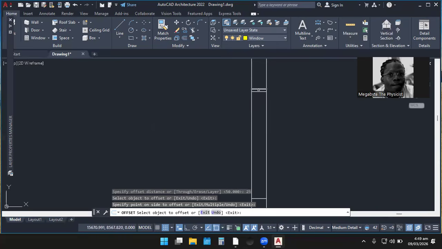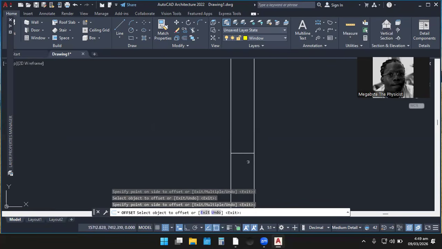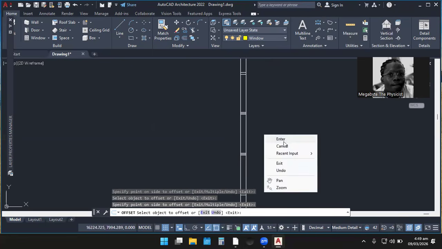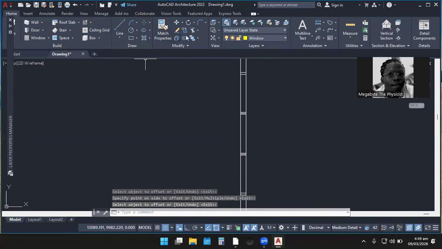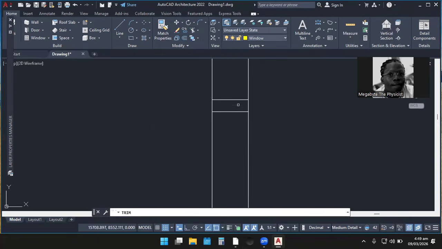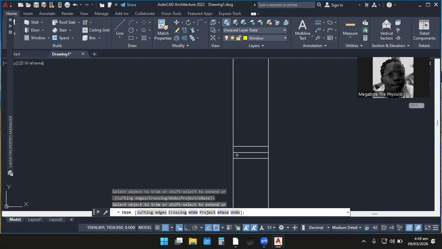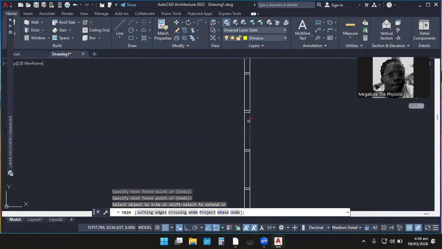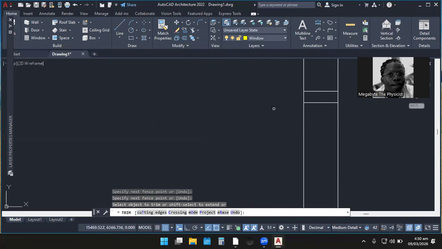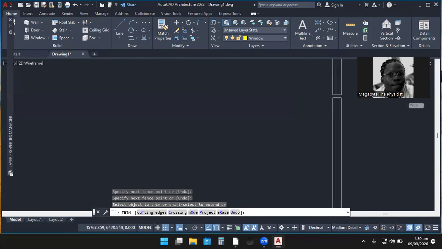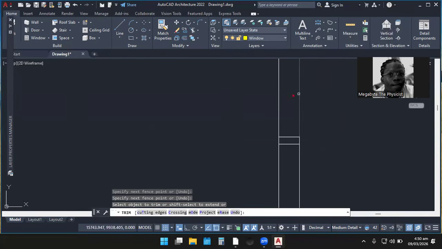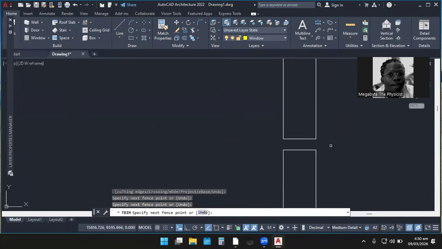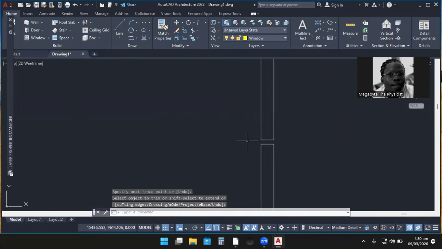So do that very, very fast. And after that, we trim the inner ones. You see, so let me remove this offset. Let me pick trim. So this is the trim. I trim this part. I trim the inner one. Simple as that. For our door purposes, let's also trim here for the main time. Later we are going to extend. Let's also come and trim here. Later we are going to extend. So I can exit this.